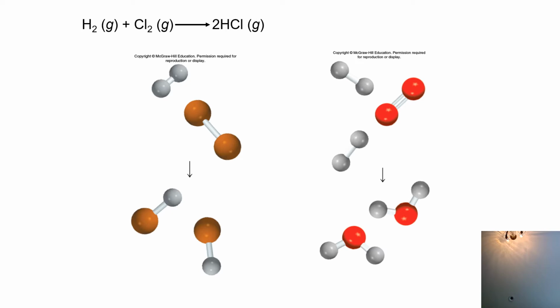We're going to look at 2 actually, making HCl and making water from their composite elements. Sorry about that. And I'm going to walk through these with you rather than show you the subsequent slides. So we're first going to look at H2 plus, and again, these are gaseous, Cl2 gaseous going to